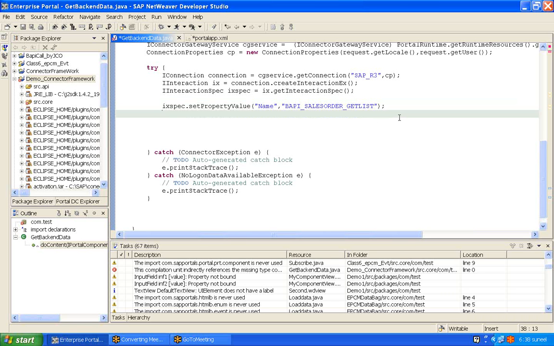Now we need to create a record factory object here, and this record factory will provide us a mapped record. Actually we need to provide the BAPI with the input, and we need to get the output. So the input should be a mapped record. It's a data structure here, and that is the ideal data structure that actually is